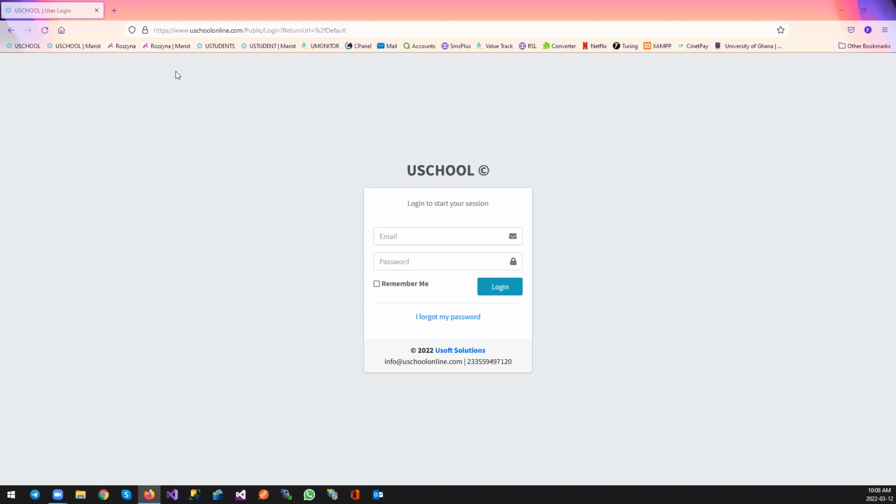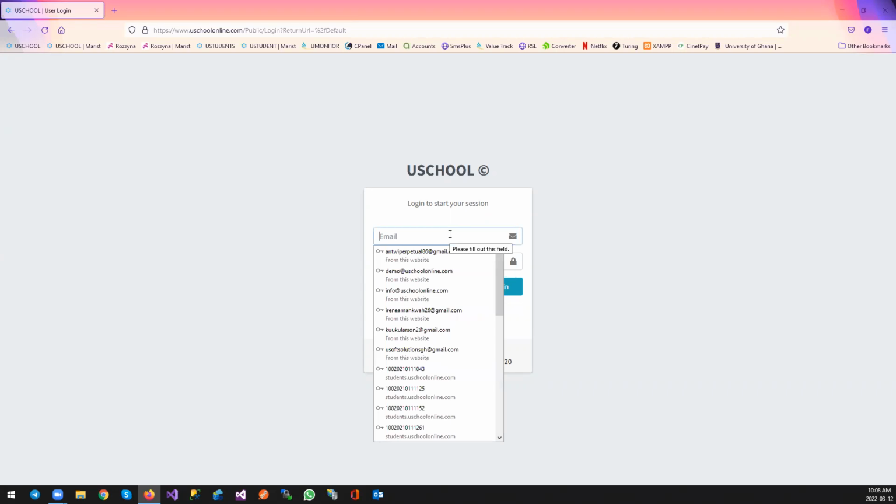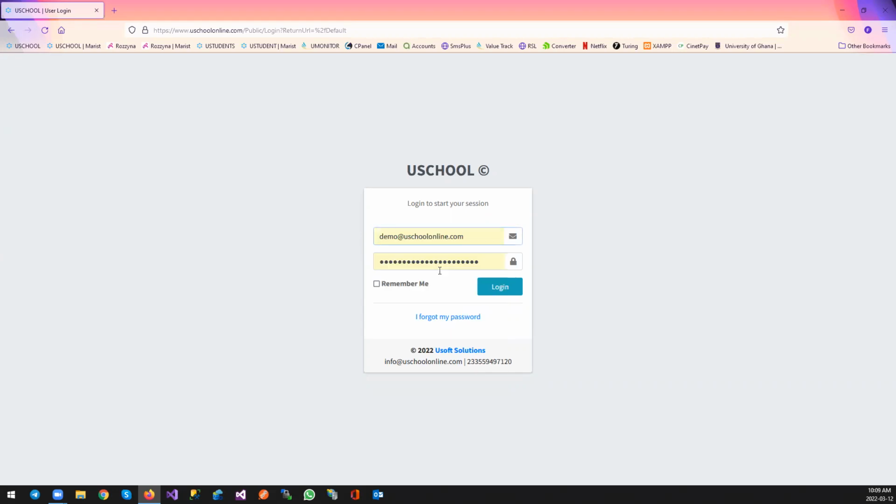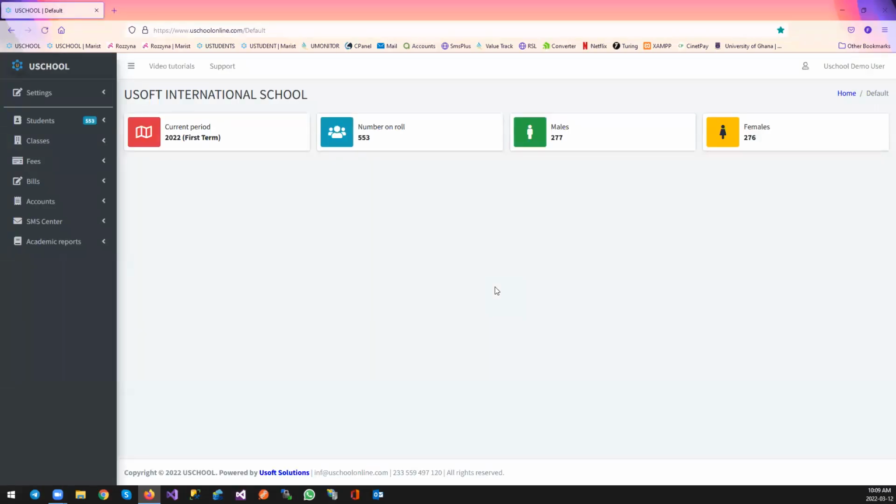Okay. So this is Usoft Solutions USCHOOL. The system comes with a login credential for everyone that you authorize to use it. So I enter mine and log in. Just click on login. When you log in here, you will see the name of your school and some basic information about the current term you are in, the number on roll, male and female. This is just a brief. And you also see the total number of students you have